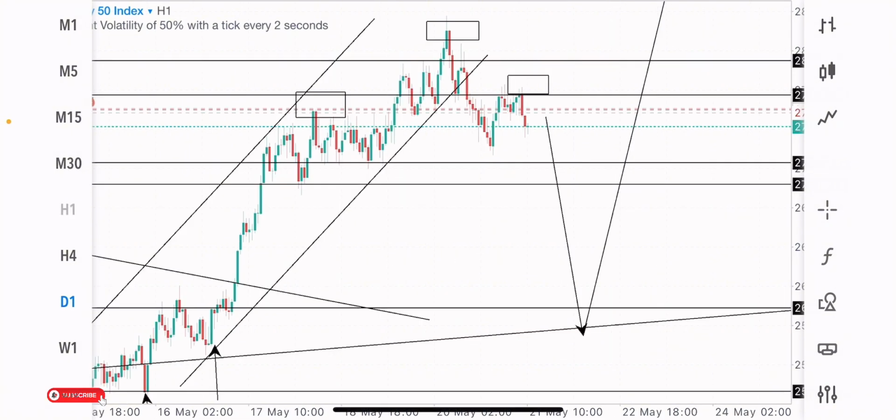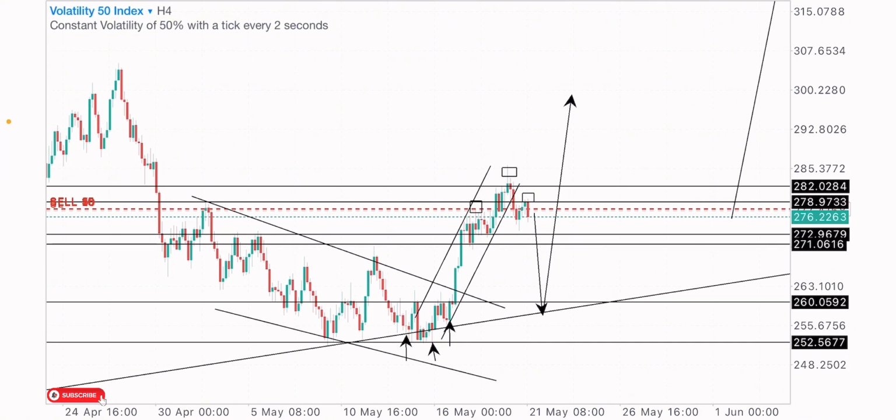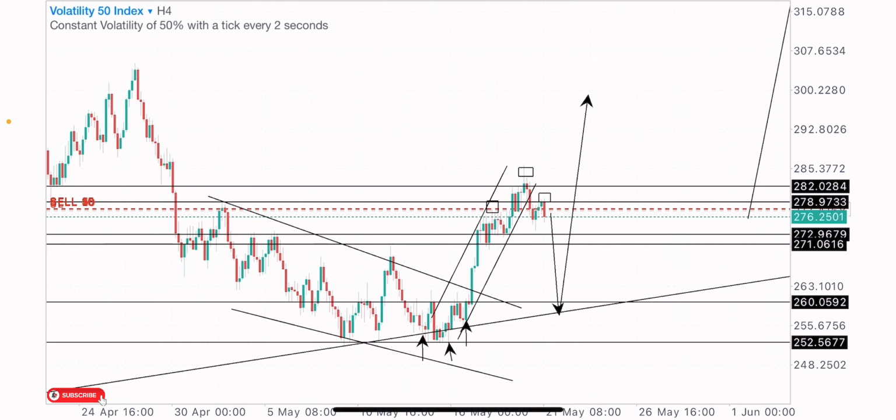Right, so that's it, guys. That's how to take the sell trade on the VIX 50 index. Basically, I analyzed from a higher time frame, spotting the market formations, the market structure, and identifying my zones. Then going down to a lower time frame for my entry point, and I shared this sell signal with my